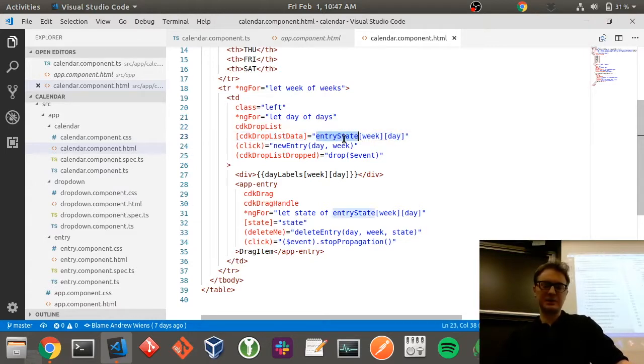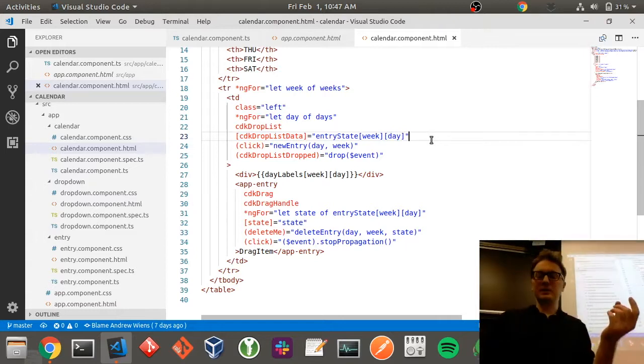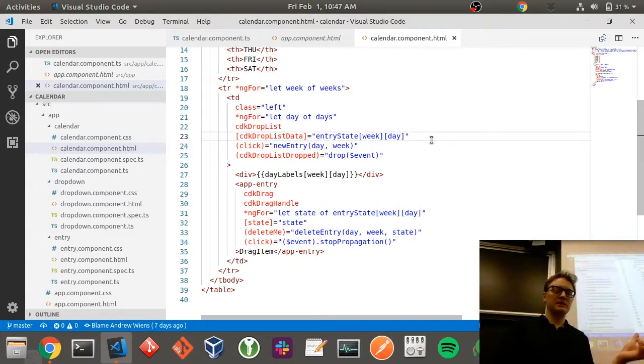So what I actually did here was I have a 3-dimensional array for the data for each day, and the first 2 dimensions are the week and the day. The last dimension is for each item in that day. And then each one of those items is a form group. So in Angular, when you build forms, you can use form groups to group together controls. So I'm storing the data for the day as 2 different controls, one for the text that actually shows up